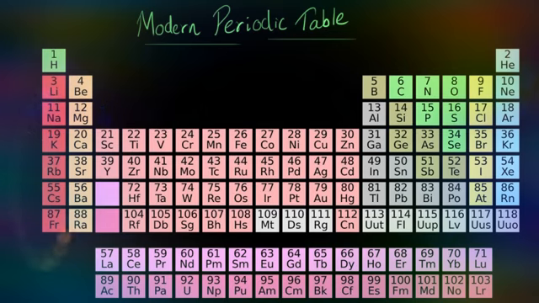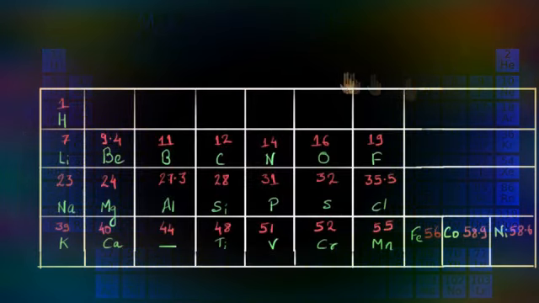All the elements in one group, or basically one column, will have similar chemical properties. Same for this one, and so on and so forth. But it took us some years of effort and trials to arrive at this current periodic table. For example, our earlier periodic table, Mendeleev's periodic table, was based on elements being arranged in the increasing order of their atomic mass. See, this is the mass of hydrogen, this is the mass of lithium, and not the atomic number.